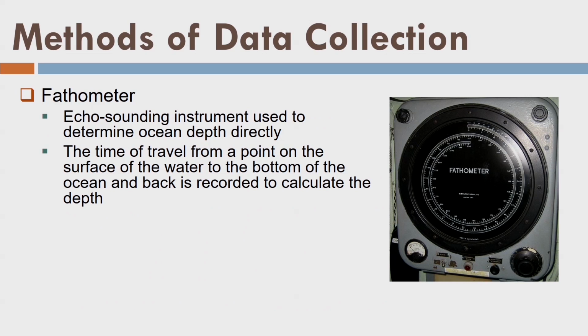We have the fathometers, or what we call echo sounders. Originally they were named fathometers, and nowadays we use the term echo sounder. It basically sends sound waves into water, and those sound waves interact with the surface of the seabed or riverbed, and the energy of the sound is reflected back and collected by the instrument. By measuring the to-and-fro travel time, we determine the depth of the seabed or riverbed. So that is the idea of the fathometer.